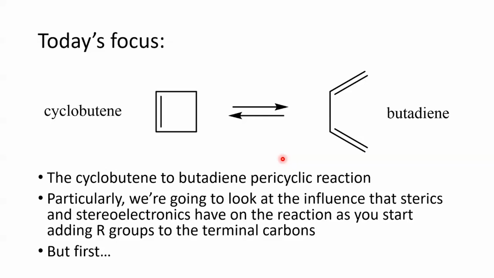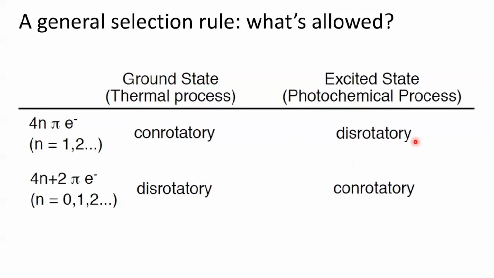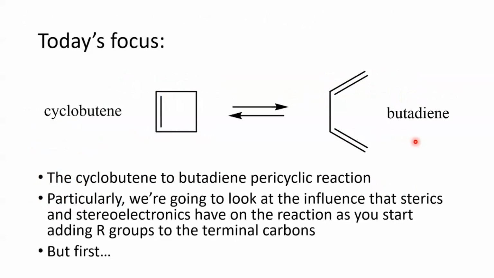What's new for today is we're going to look at the influence that sterics and stereoelectronics have on this ring opening reaction when we start to add functional groups to these terminal carbons, or at least terminal with regards to the butadiene group. But before we get into that, we'll quickly recap the general selection rule covering this type